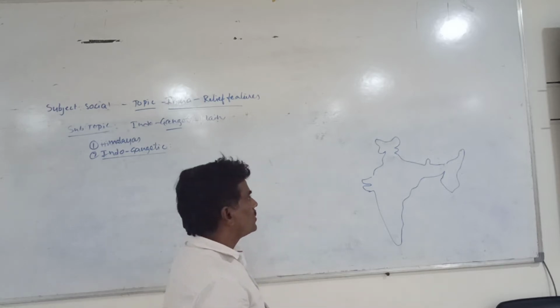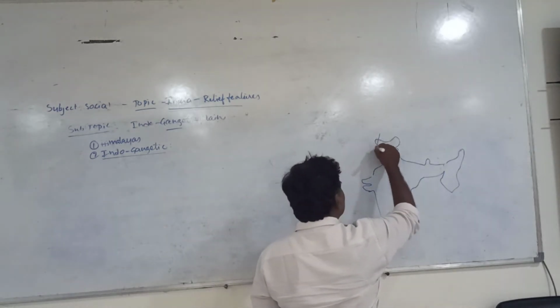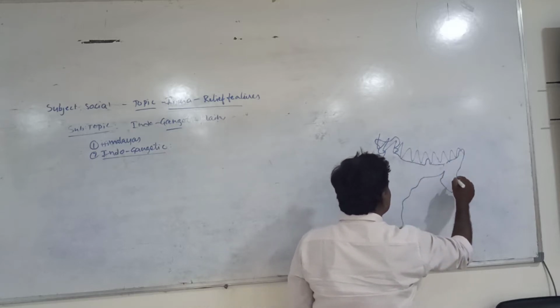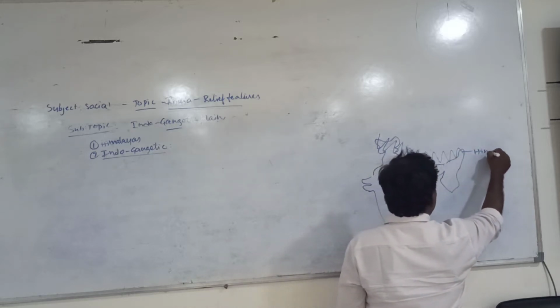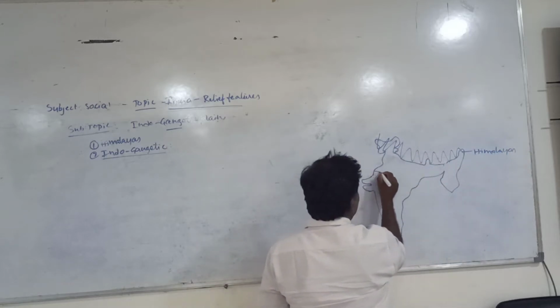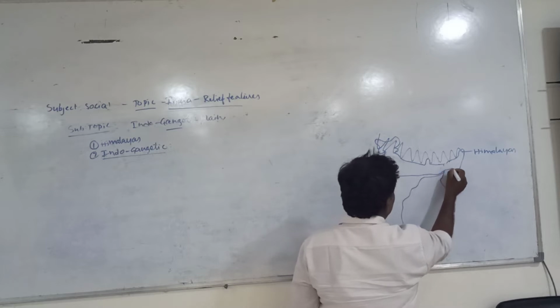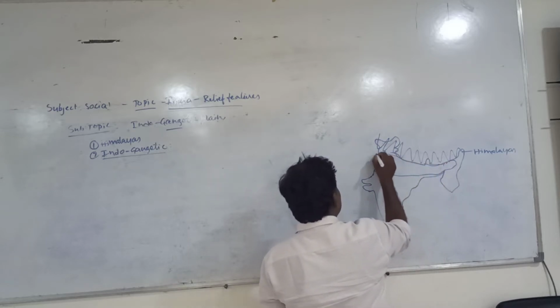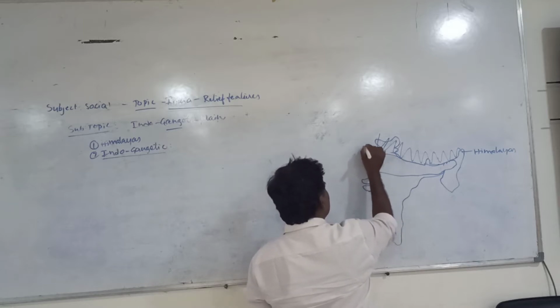You know that one is up to here, this area covered with mountain regions, nothing but the Himalayas, and followed by that, another belt can be seen here. This is the belt we call